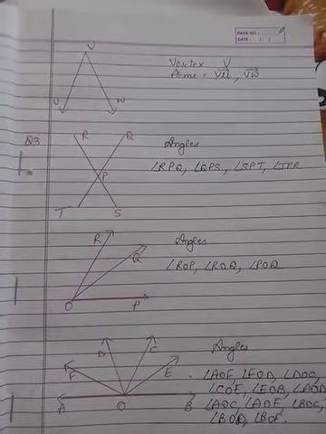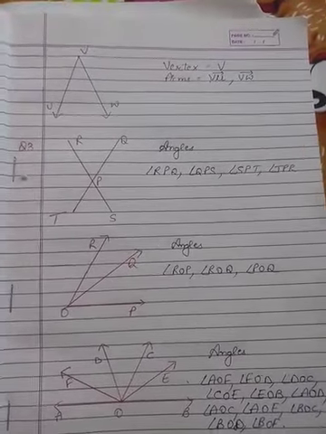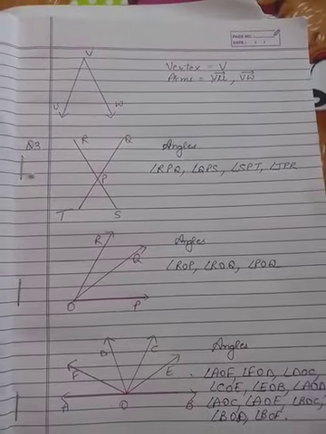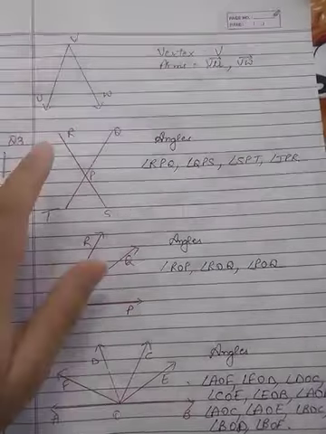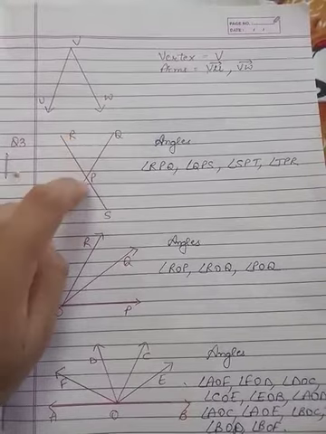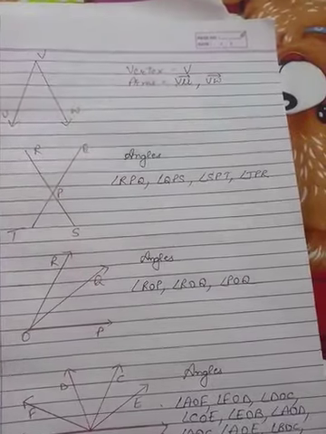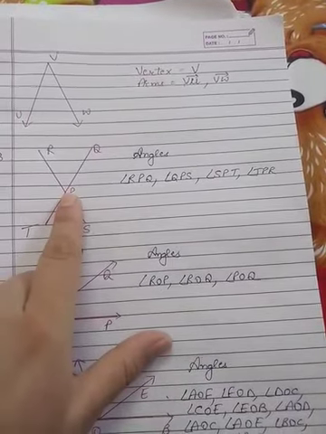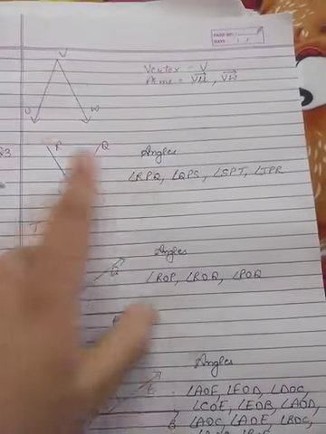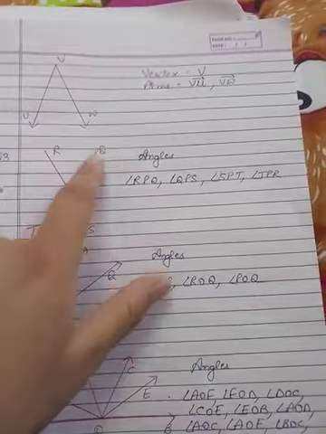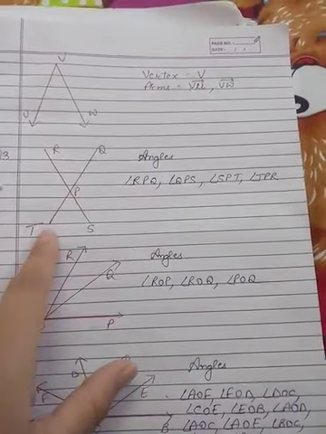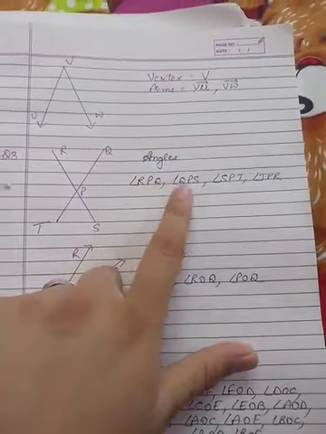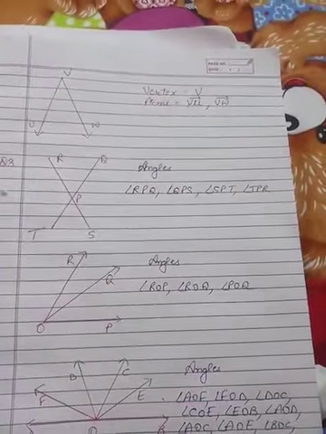Now question number 3 is we have to write the name of the angles formed by the given figure. So the first figure, 4 angles are there. I write the angle RPQ. Just keep it in mind, you have to write the vertex at the center. Angle formed at the point P, so P should be at the center. Angle RPQ, QPS, SPT and TPS. The vertex point should be at the center of the other two points.